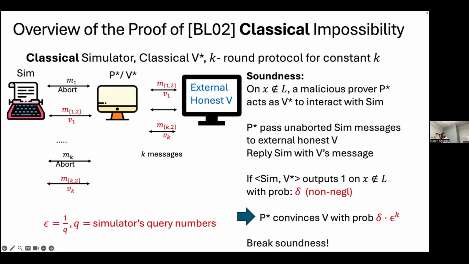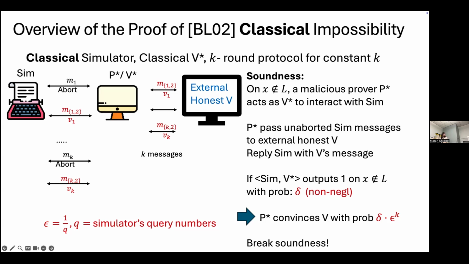But basically it helps that there simply happens to be K messages that are not aborted, and those happen to be the messages that it can forward to the external honest verifier, getting an honest verifier's next message back and feeding that as an answer to the simulator. So by designing this aborting probability in this way, you can basically guarantee that there are K messages unaborted and all the others aborted. And you hope that these K messages happen to be the useful messages and you can pass them to the external